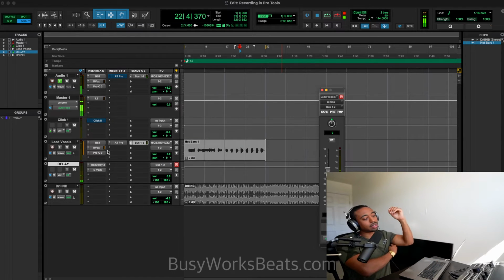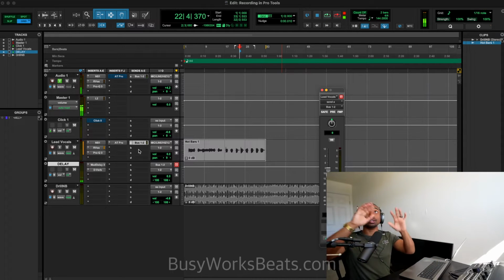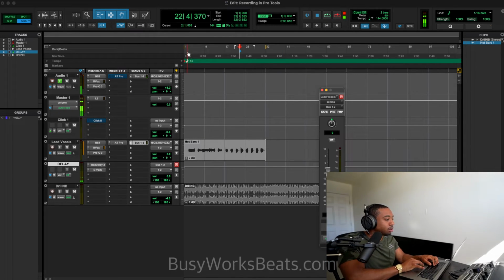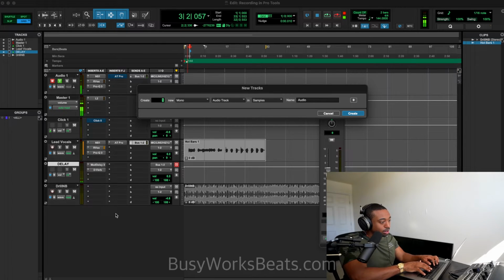Okay, so we could process this deeper and deeper, but this mic is not the best mic to record vocals on in the space that I'm in right now. It is a good mic though. But one thing we want to do, let's say we want to add some saturation. So let's say you're like, man, it just needs that extra thing. Let's hit Control Shift N. Let's create another stereo aux track, and let's call this saturation.